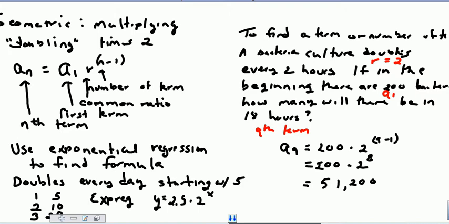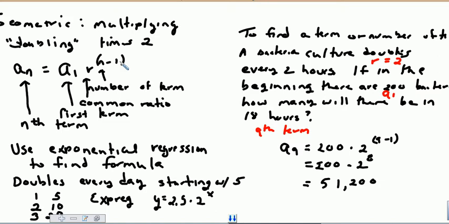Make sure that it registers with you that doubling means that you're multiplying by 2. It's times 2. Tripling would be times 3. The formula for this one, for finding a particular term, is a sub n is equal to a sub 1 times r to the n minus 1 power. Notice I put that in parentheses. You're going to want to do that when you put it in your calculator.